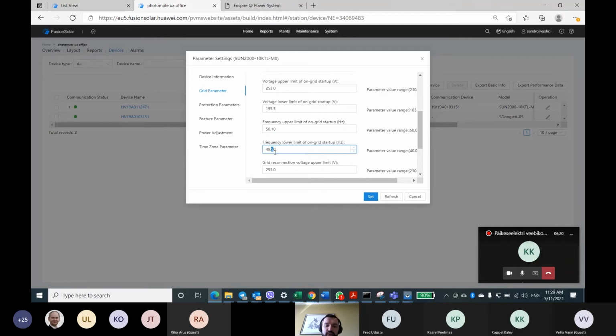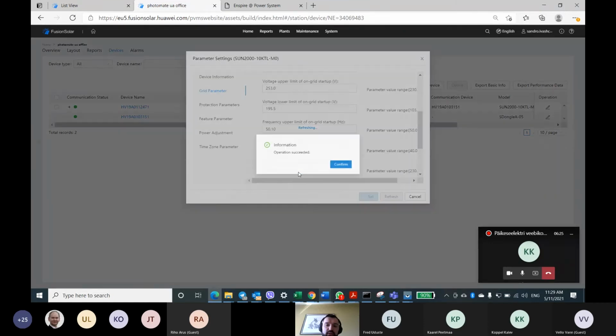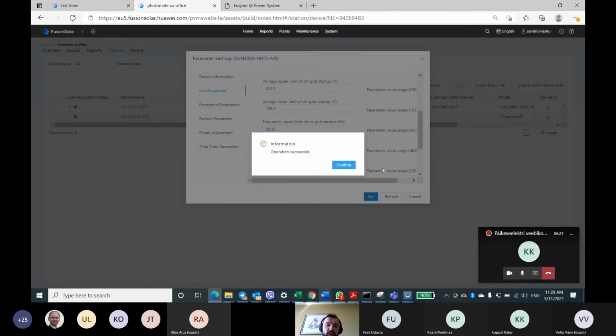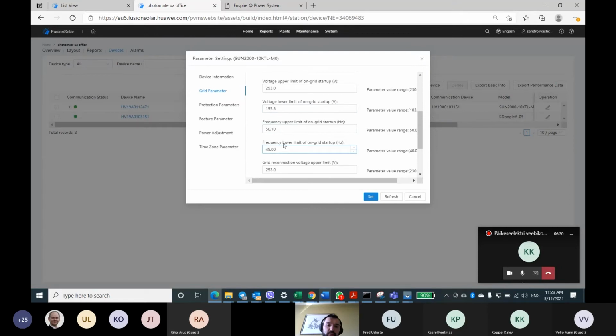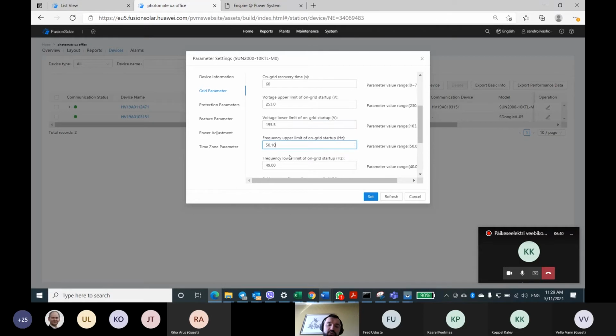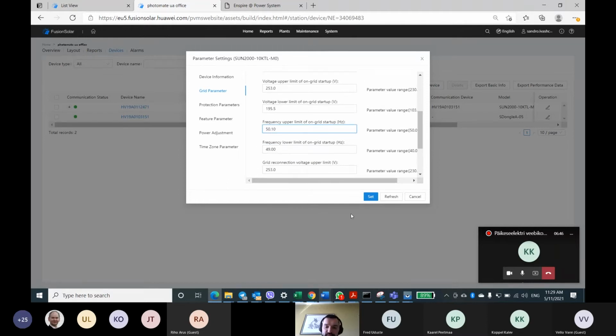It's 49.50 and should be 49.0 according to Estonian grid code settings. So we save this value, and now the inverter every morning will check the frequency settings, if it is within these limits, between 49 and 50.1, and after 60 seconds, it will connect to the grid and start to produce energy.